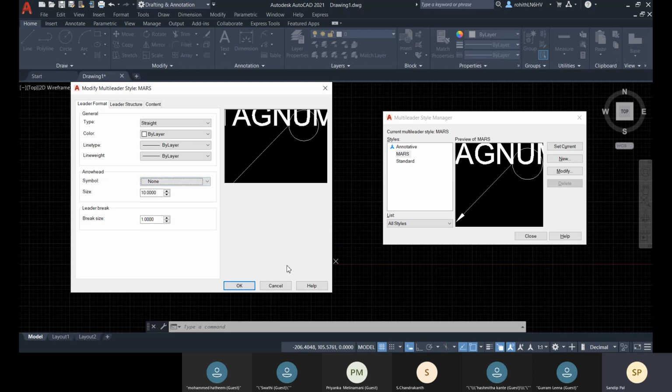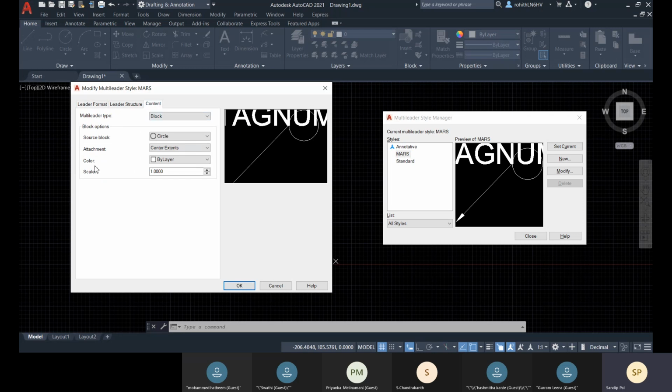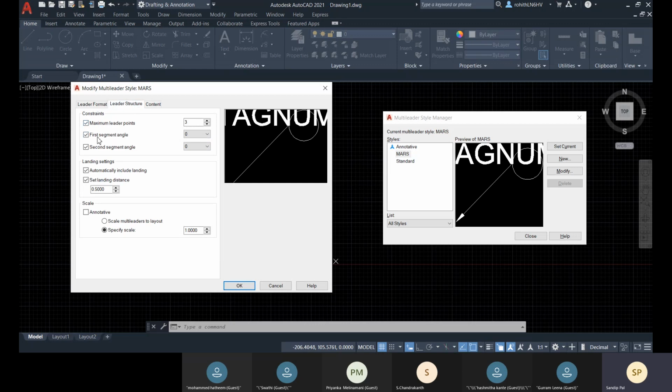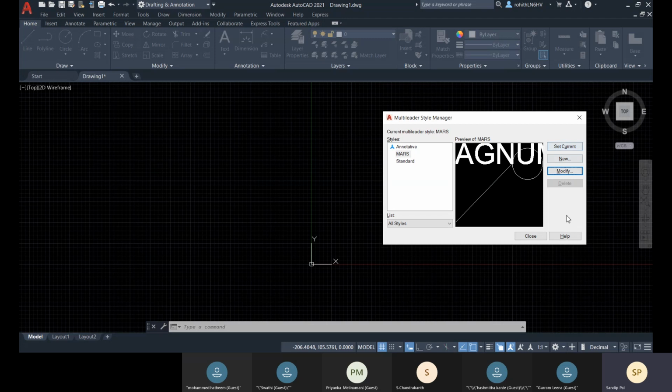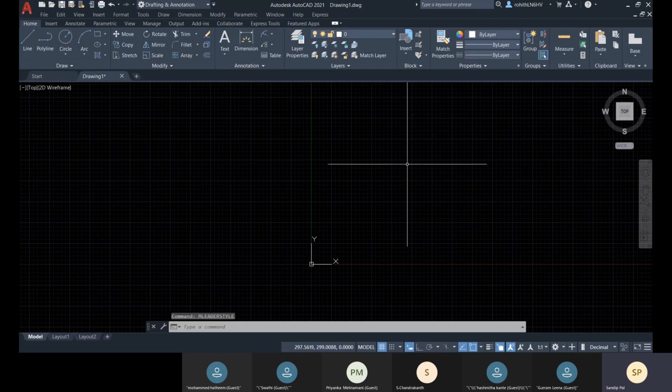Change it to none. And about this content, this is block and data structure. The first segment angle, there you can find the first segment and the second segment. So for the second segment angle, let me set this to 45, and let me set current and close.